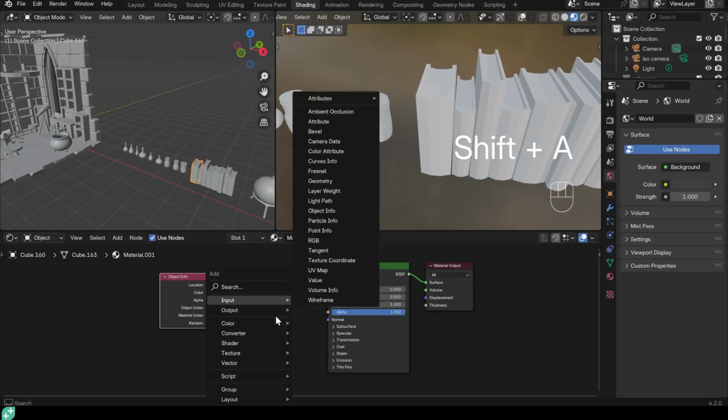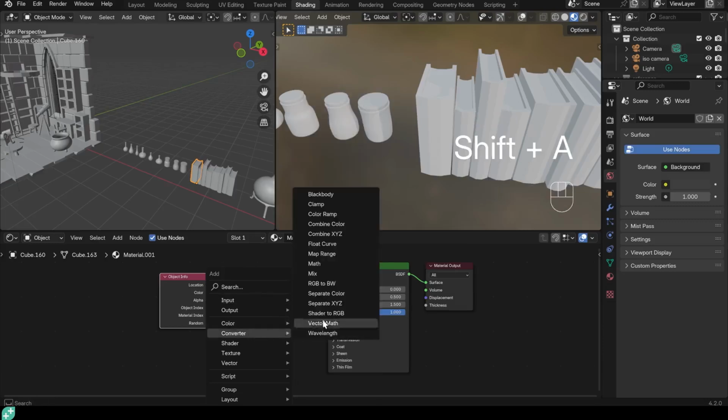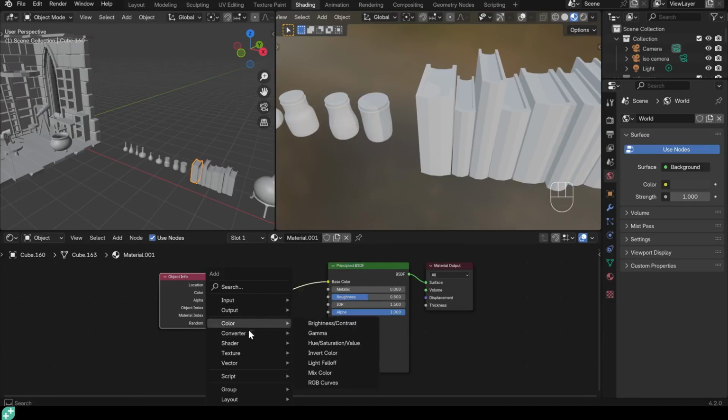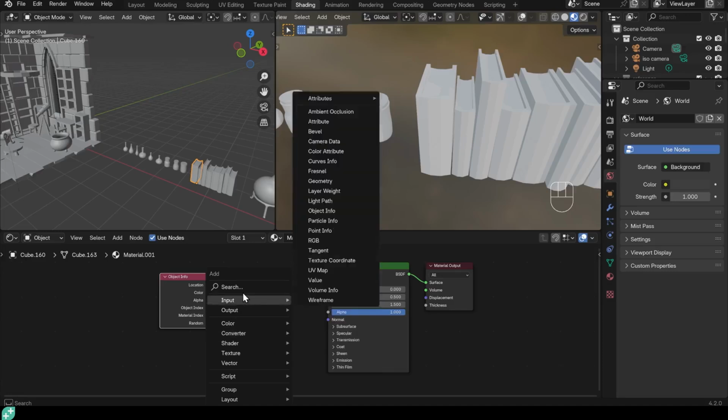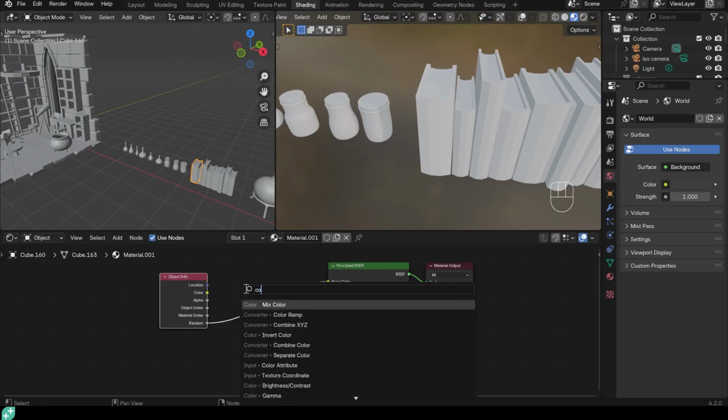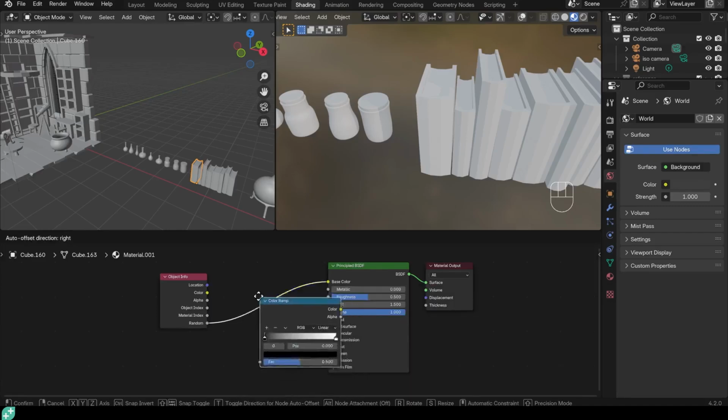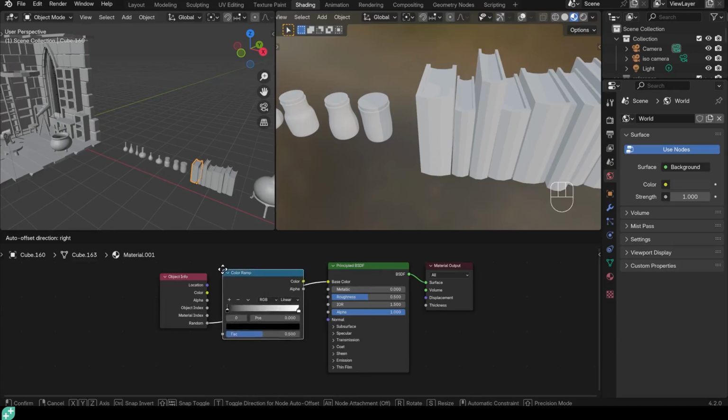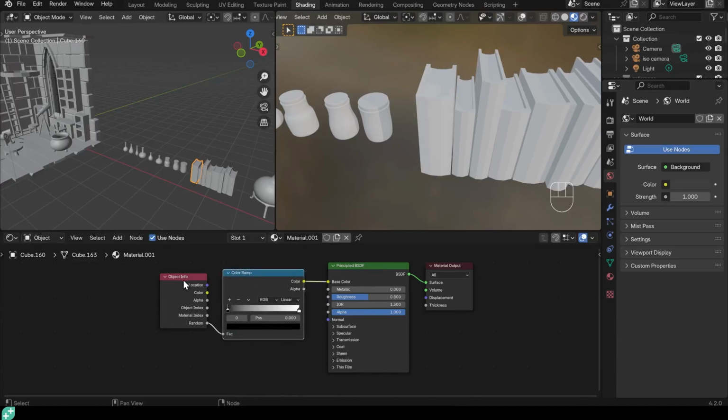So Shift A to add. And the best way to do this I've found is the color ramp. So under converter, you've got the color ramp. Weirdly, it's not under color. You'd expect it to be, but it's under converter. Also, you can just use the search option here and type in color, and there's the color ramp there. And I can bring this over the top of my noodle and it will paste its way in there. So it's now going from random to the factor and to the base color. So this will now, at the moment, allocate a random color from black to white, so it's not really a color, onto this book just here.